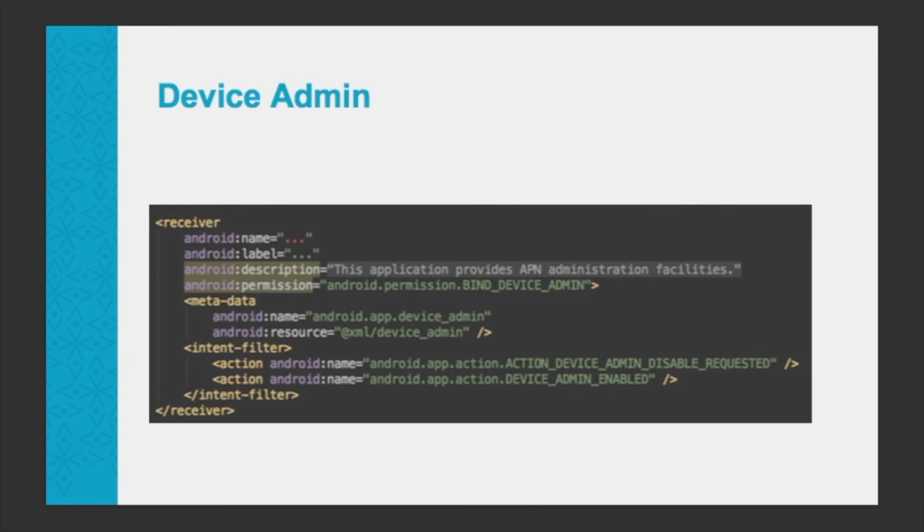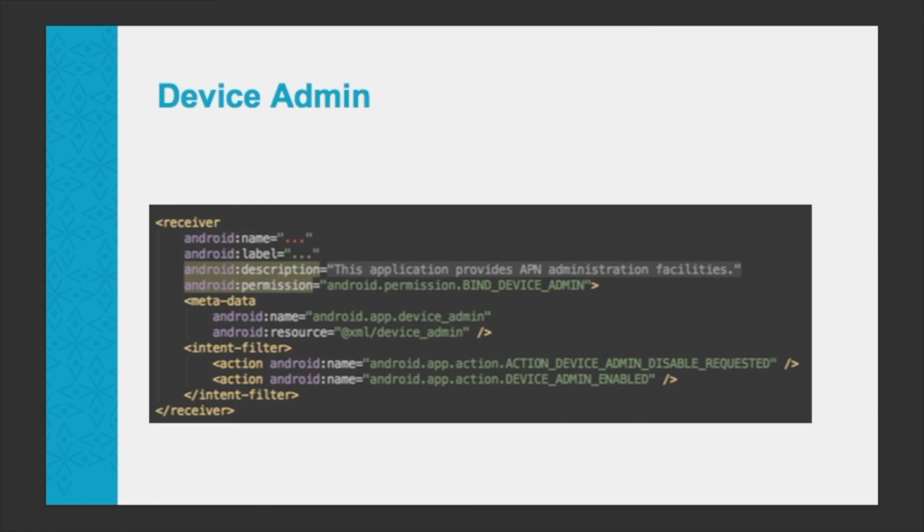First thing after that, of course, you still need device administration. So you still need to be device admin in order to work with Knox functionalities. So basically, you put a receiver in your app that will call you. The system will call you. You can pop up some notifications for the user about what will happen at this point, and that's it. Here you can specify the device admin permission that Android provides, but you're not using it, so it's just an